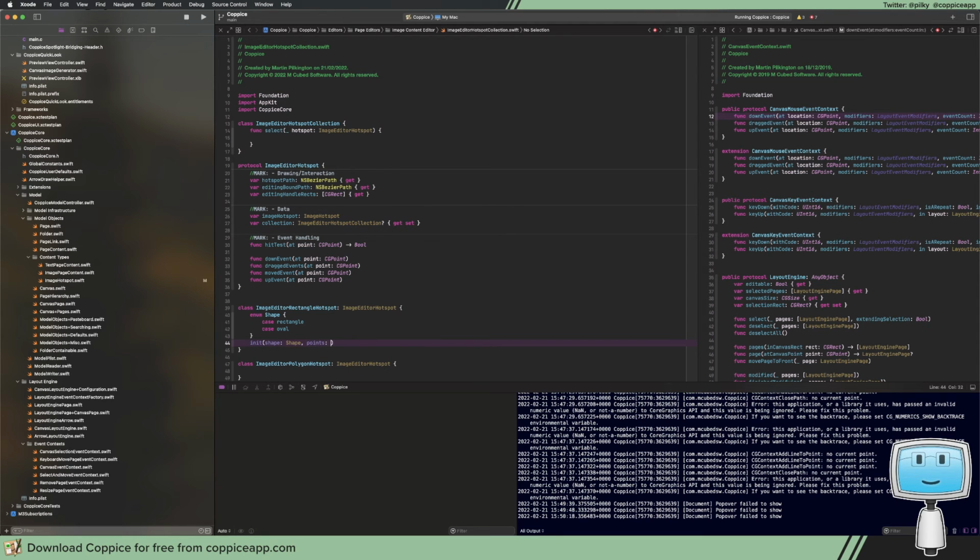Point. You're going to have a shape, you're going to have point. Probably does make sense for these to have the URL just